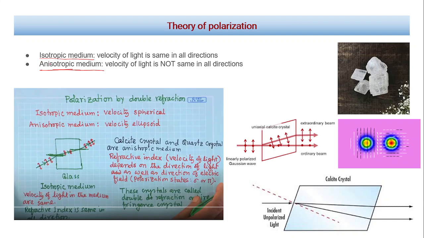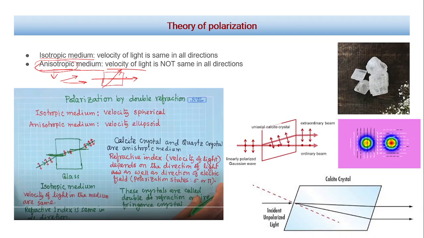Why are they anisotropic? Anisotropy usually means in different directions the property is different. So that time we use the word anisotropy. What is different in different directions? These kinds of materials are such that when light passes through them along one direction, its property, which could be the velocity of light, is different, and when I pass the light from another direction, its